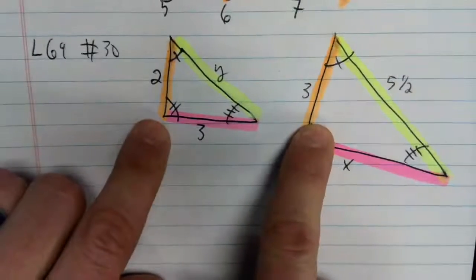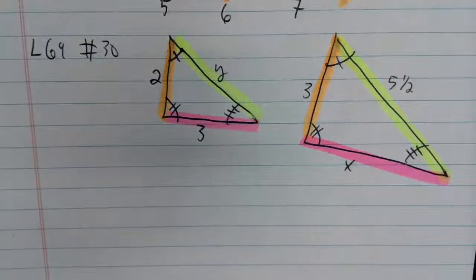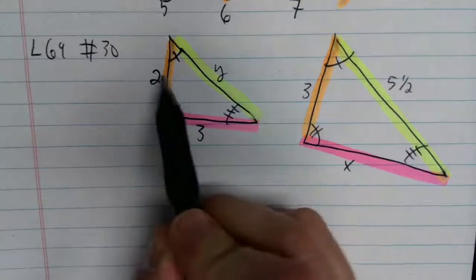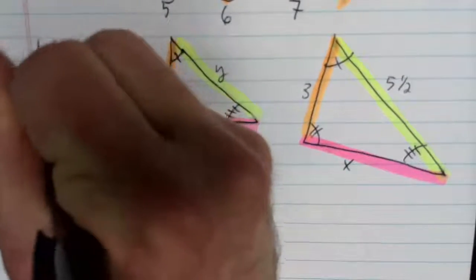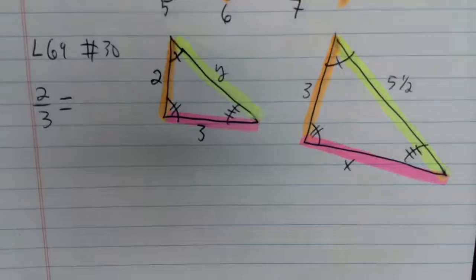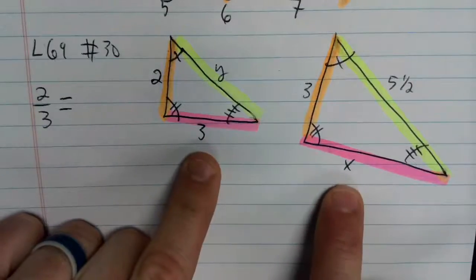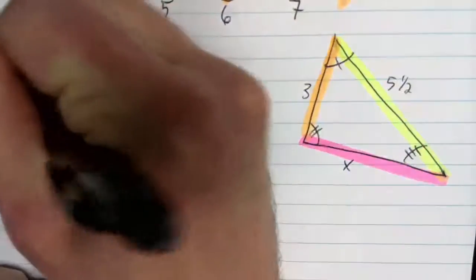So, instead of using the scale factor argument that Fisher gave, here's what we're going to do. Is everybody clear on why I highlighted the sides that I did in the color scheme that I did? The oranges correspond. The pinks correspond. The yellows correspond. So, what I can do, I can write the ratio of the oranges. So 2 to 3. And then I can set that equal to another ratio of common colors. So I can either do 3 to x, or I can do